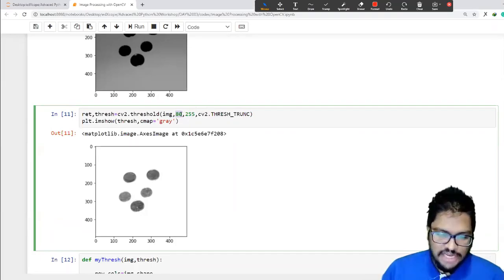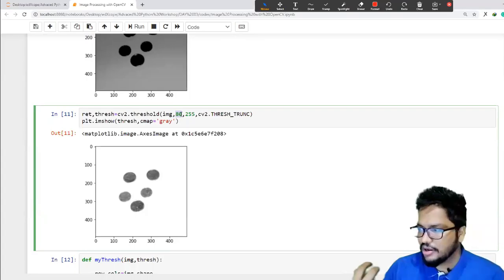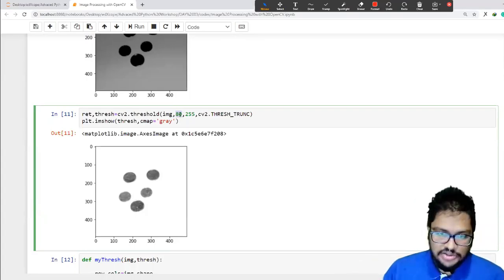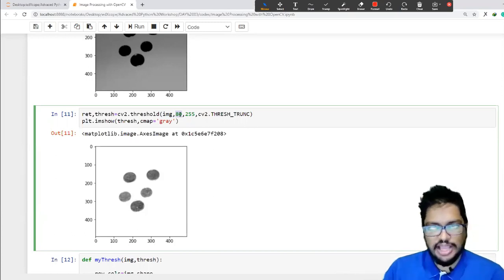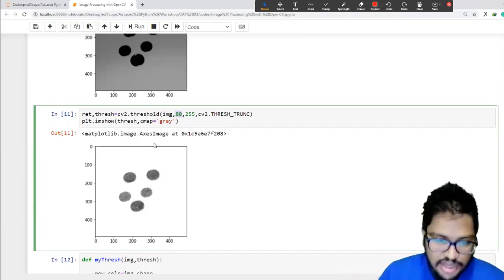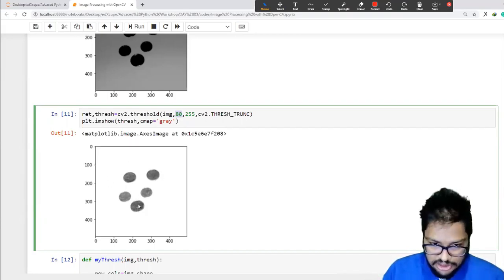So all the pixel values less than 80 remain as they are. All the pixel values greater than 80 become white, right? So that's why you see the coins in their original color, right? So it hasn't become black or white. Okay,